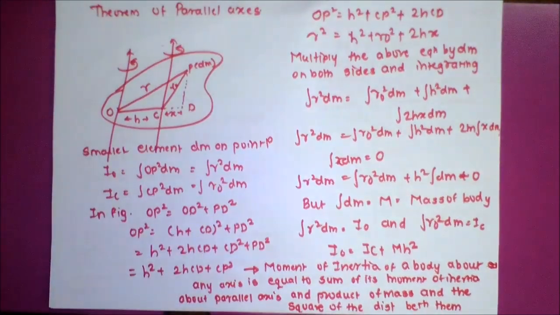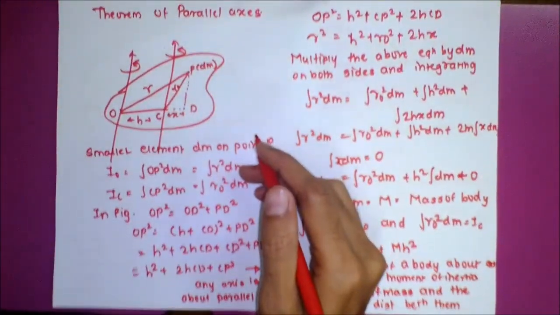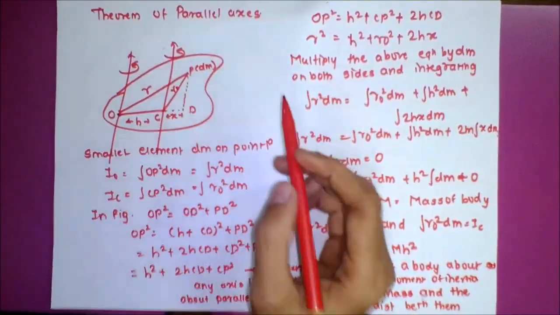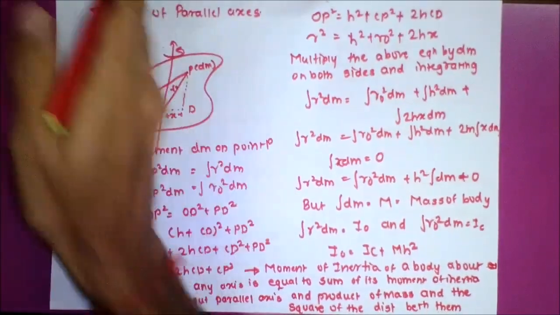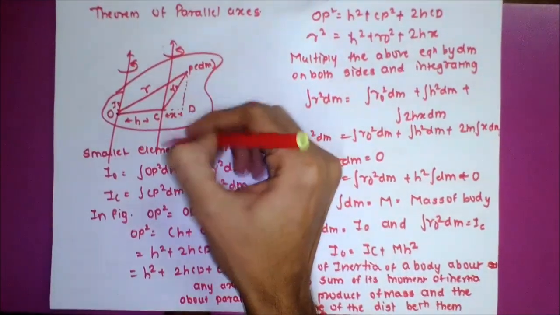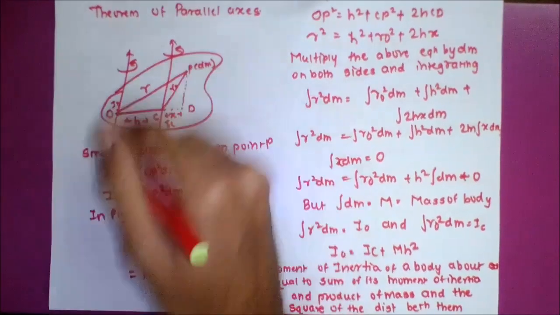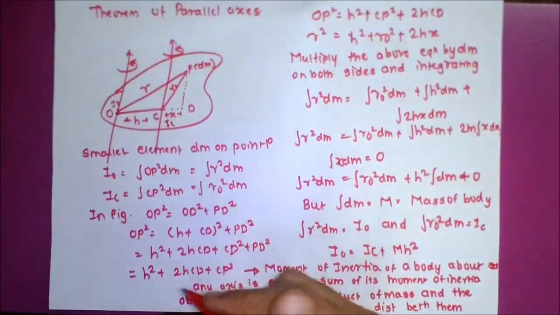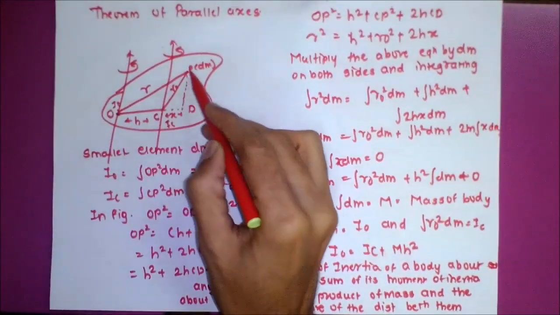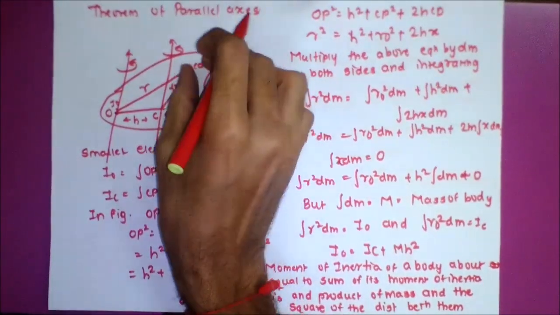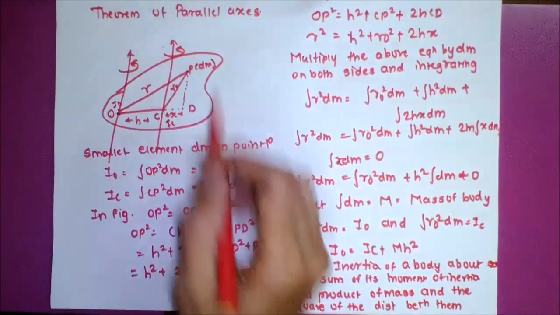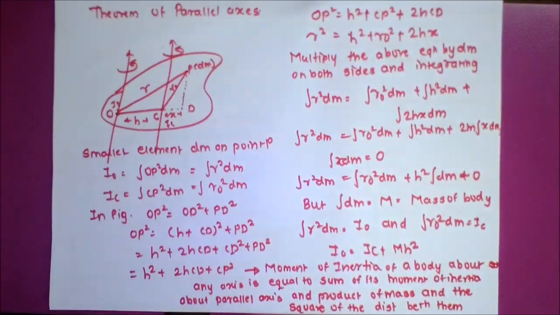We have two centers here, so we consider a rigid mass rotating about an axis passing through the point O. Then we have I naught, the moment of inertia for this axis. Then we take another parallel axis through the point C, and along this line we have IC, the rotational inertia for this axis. The distance from O to C is h. We take a particle P, a small element dm of the particle at point P, which is moving along this axis as well as this. We will find the relation between both of them.